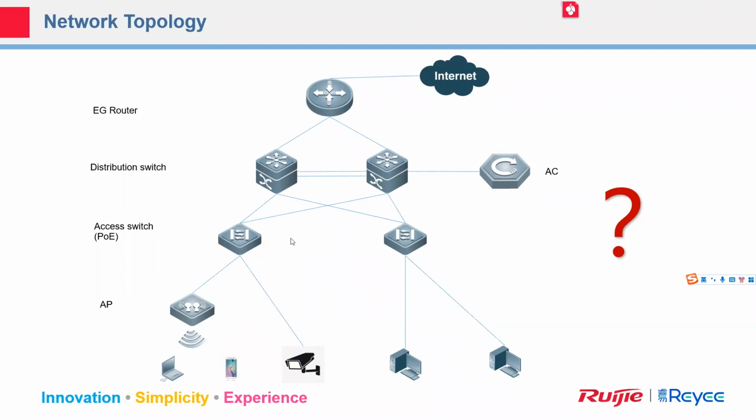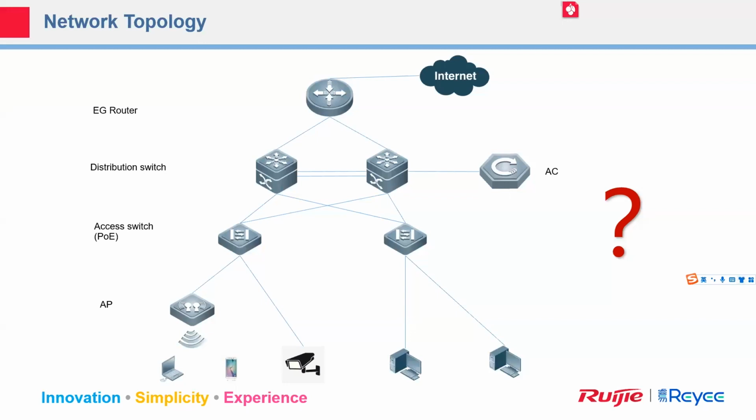And in this network, we also can deploy the wireless part. For example, in this topology, I add the access point, right? And in some scenarios, we will add the AC. AC is access controller. We maybe deploy the AC and the FAT AP together. Of course, in your network, maybe you use only FAT APs, something like this. So here is a typical topology.